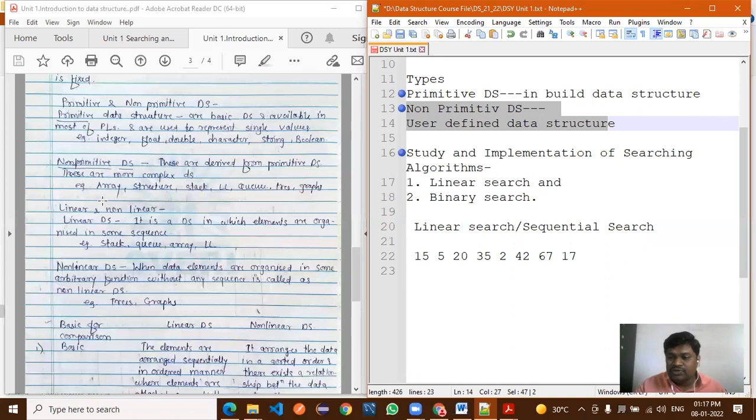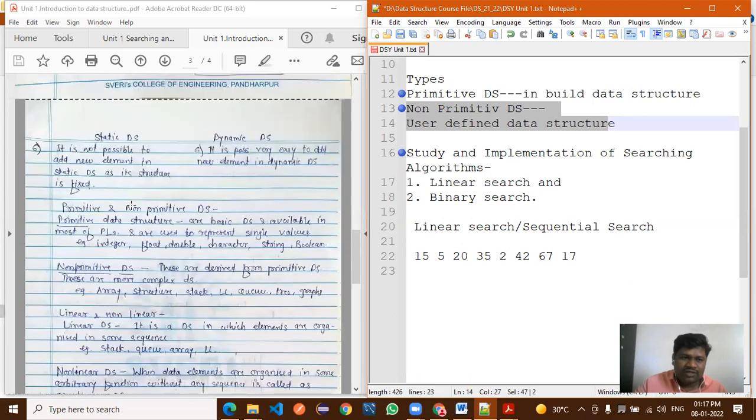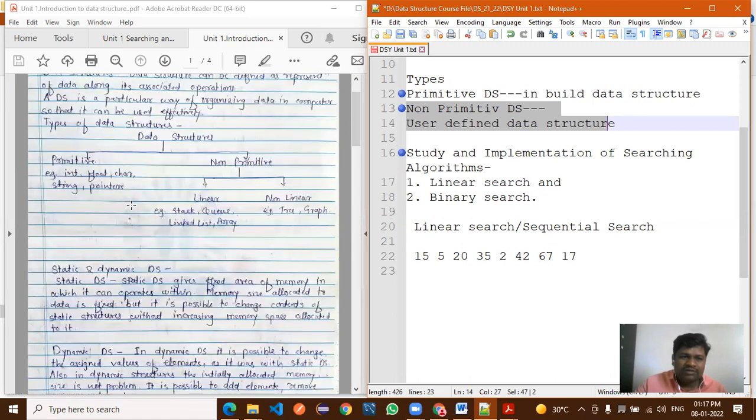If you want to store multiple values using a single data type, you use a non-primitive data structure. Here, array is a non-primitive data structure. Non-primitive data structures are again categorized into two parts, linear and non-linear. Linear means we consider sequential data, and non-linear means non-sequential data. Stack, queue, linked list, and array are linear.